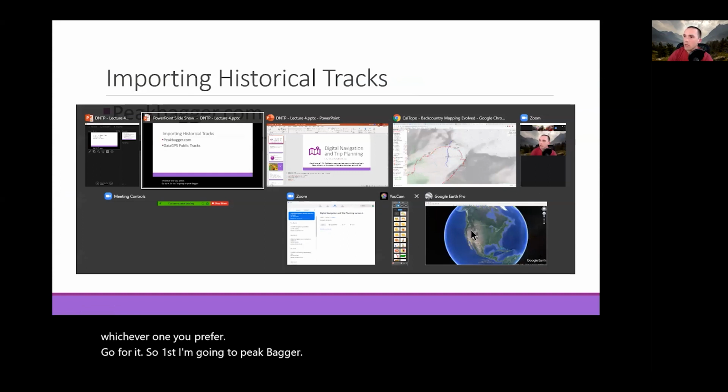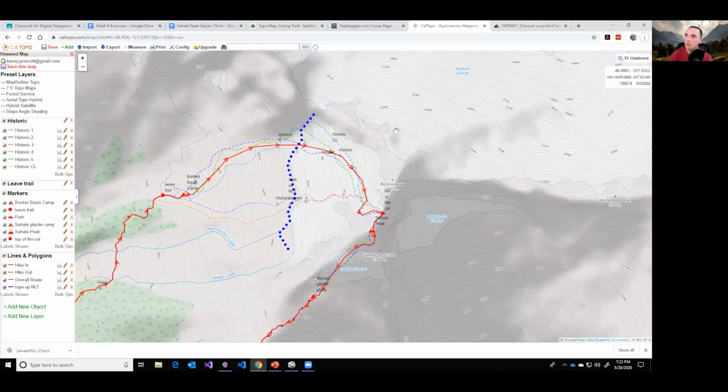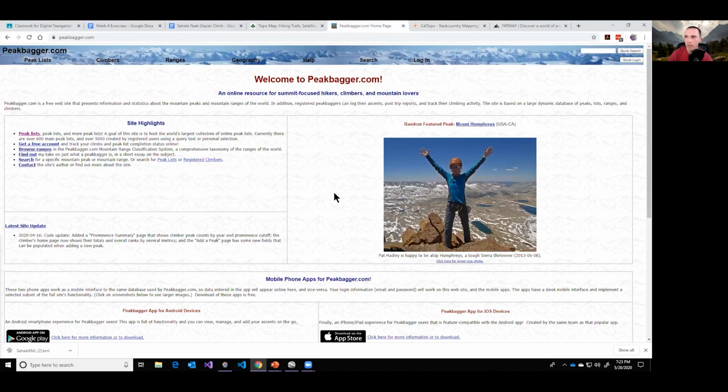So I'm going to go in, I have so many things open. All right, so I go into Peakbagger, peakbagger.com. It is a 90s looking website. It is not the most usable thing in the world, but it is useful. So I'm going to go up here to the top right corner of the screen. It has this very obnoxious banner that makes it hard to read things, but I'm just going to type in